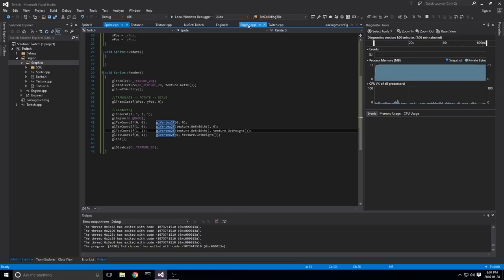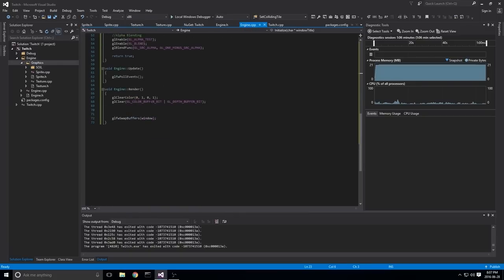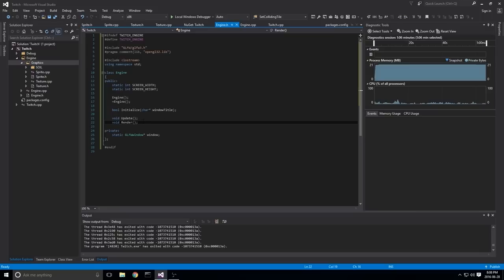One is our engine's render currently does everything in one function. And again, like I said, if we want anything to show up on the screen, we need to write it in here, after we clear but before we swap buffers. Now, there's a couple different ways we can solve the problem, but just for simplicity's sake today, what I'm going to do is create a beginRender and an endRender function.